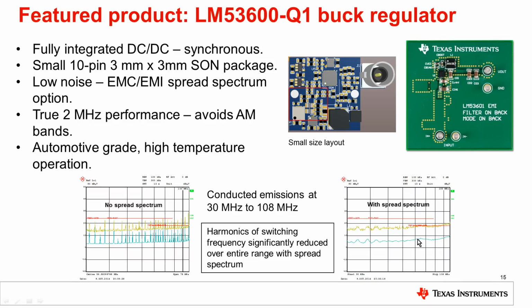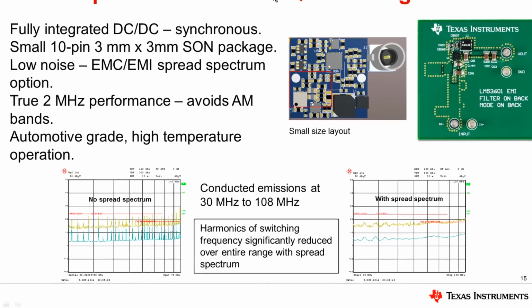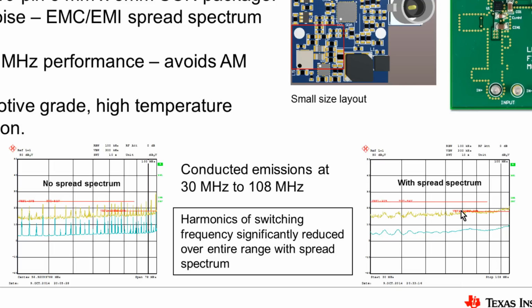These harmonics often couple to the environment through the electric field around the switch node. Now LM53600 and 01 devices use a plus minus 4% spread of frequency, which spreads the energy smoothly across the FM band but is small enough to limit the sub-harmonic oscillation below its switching frequency. So the peak emission in the FM band can effectively be reduced by more than 6 dB.